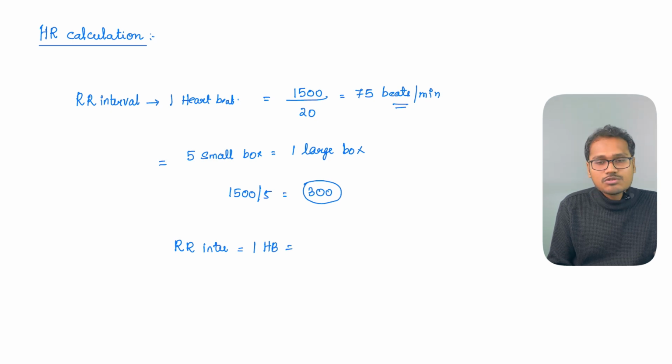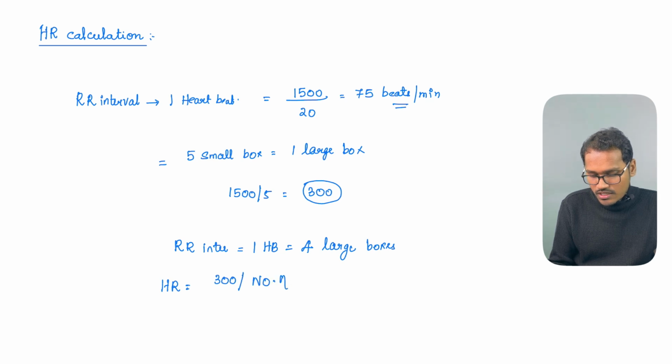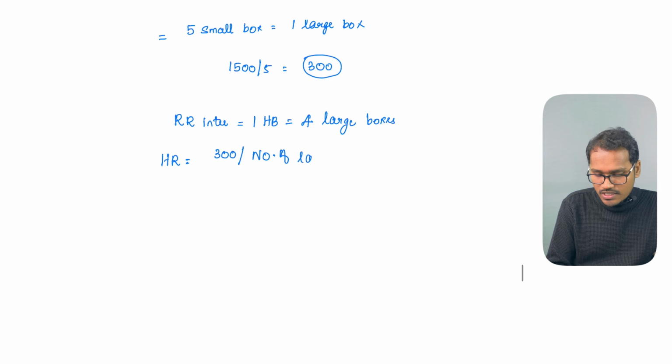How many large boxes do we have? We had 4 large boxes, according to our example. So if you want to calculate the heart rate, what we can put is 300 upon the number of large boxes. Now we are putting large boxes. So is it easier? It's again the same thing, that is 300 divided by 4, that is equal to 75